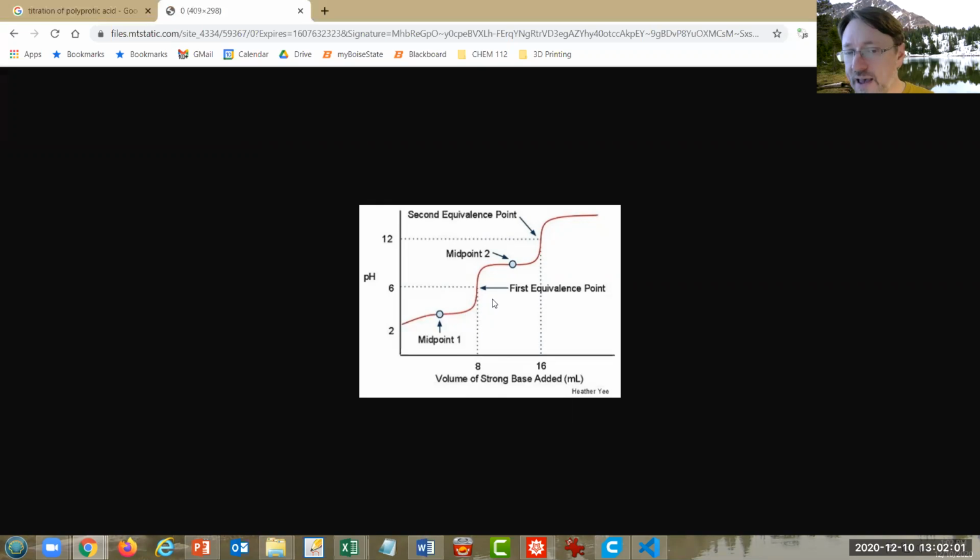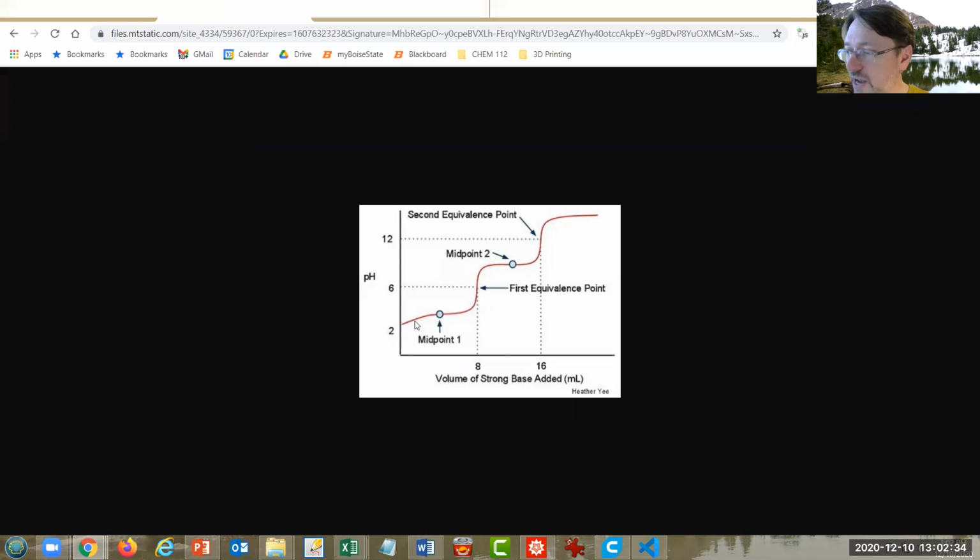point, and you can find that on this axis very precisely because it's moving very sharply at this point. So you can find that it took 8 milliliters to get there. So half of that is 4 milliliters, and so at 4 milliliters you find out what the pH was at that point, and you can find that very precisely because you know 4 precisely, and so you can find that level very easily. You then come over here, find the pH of it, and that pH is the pKa for